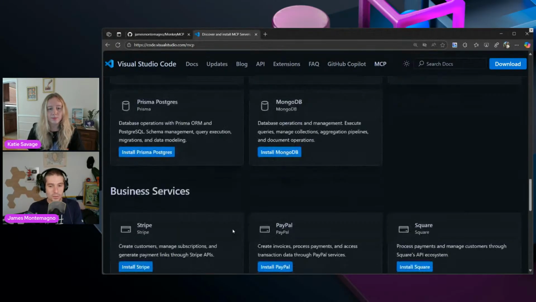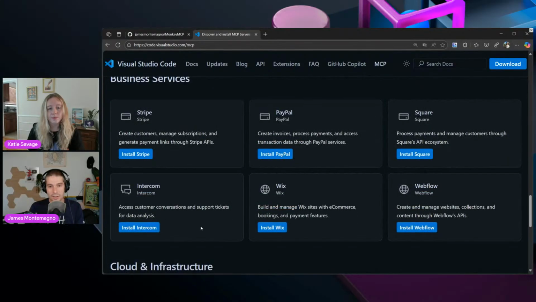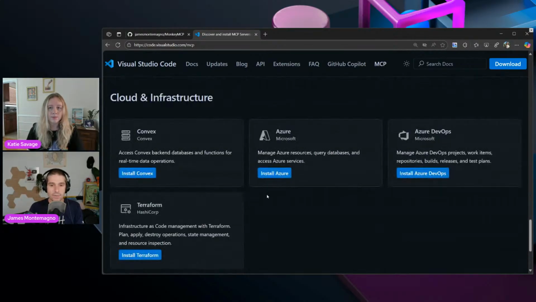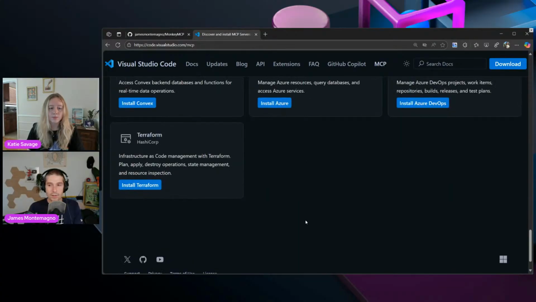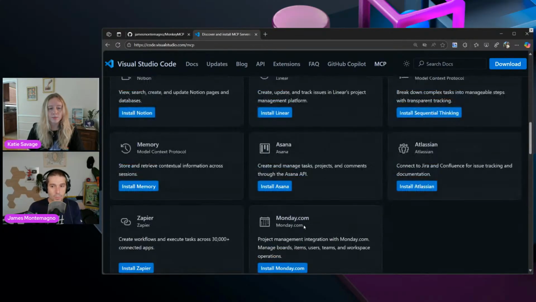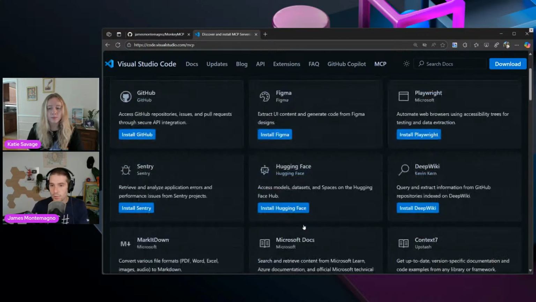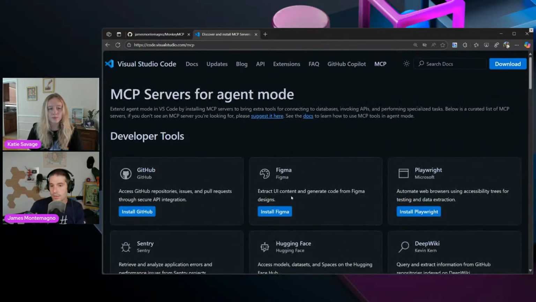Hopefully this gives you some context. If you had an Intercom system or Webflow or PayPal system, you could query this data directly inside of the chat, or connect to Azure DevOps, query those items and see what's open, what's assigned to you, and create a new branch off it. This is really cool to see.